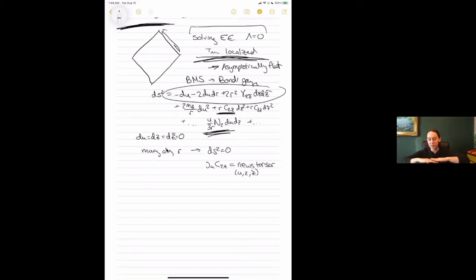And so the point of view here is that I would specify this function of u, and then d by du would be the time derivative of that. So this is my news tensor. These quantities m_B and N_z would capture, if I had a boosted mass configuration, a non-zero Bondi mass, and the angular momentum aspect captures the spin far away.